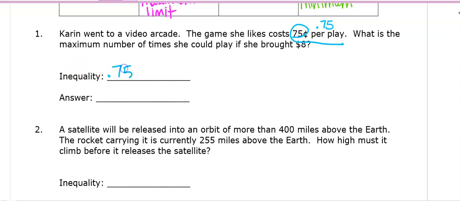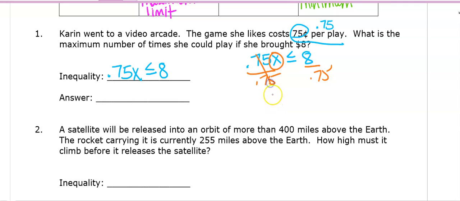So 0.75 times however many plays has to be, now she can spend $8, so it could also be equal to $8. So we're going to eat the $8 there because that's the most we can spend. So our symbol will, for lack of a better term, eat the $8. That means it's going to be less than or equal to. So then we're going to come over here and we are going to solve it. If I want to get the x by itself, what do I need to get rid of? What are the number and the letter doing? They're multiplying. How do I get rid of multiply? With